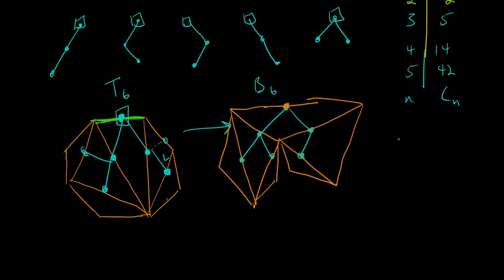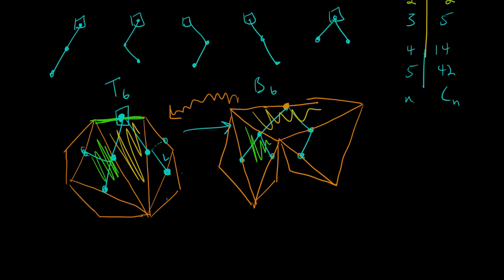And if I just morph this guy back, you can see that it's really the same. Like, I'll draw in some colors here. This guy corresponds with that guy. And then to his left, he's going to have a green triangle that corresponds with this green triangle. But to his right, he's going to have a purple triangle that... You see there's the same structure in these two. You just have to kind of morph it back so that it fits into an octagon. So there's my bijection. So we've shown that Tn